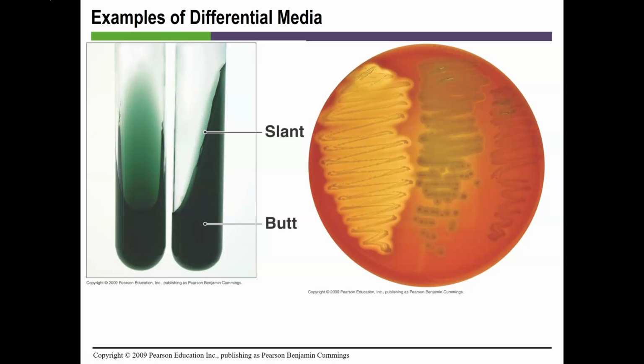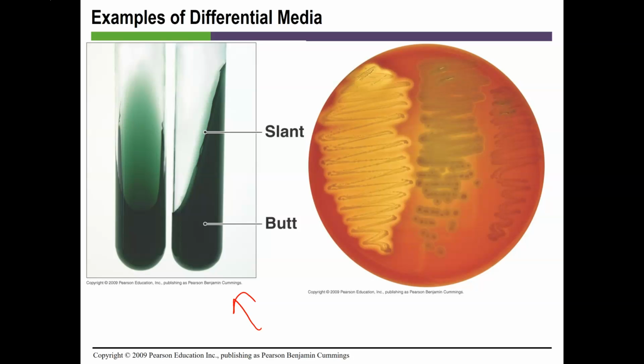This next image is showing a few more types of media configurations. This is a slant tube of media. The tube is filled with molten media. It is sterilized, usually within the tube, and when the liquid media comes out of the autoclave, it's cooled at a slant. Once the agar in the medium solidifies as a slant, you have a much larger surface area to